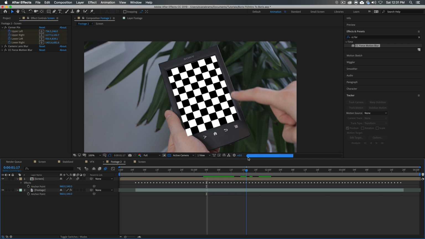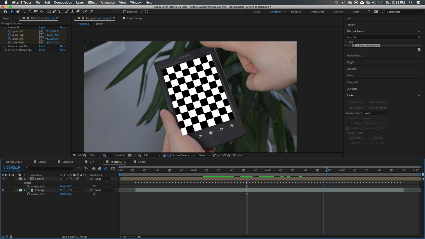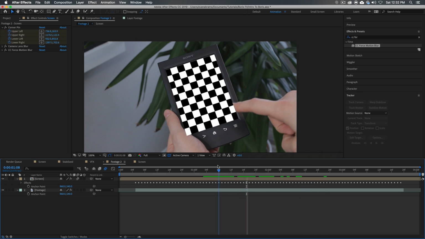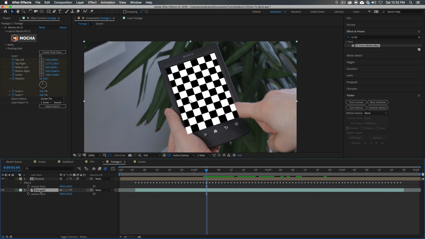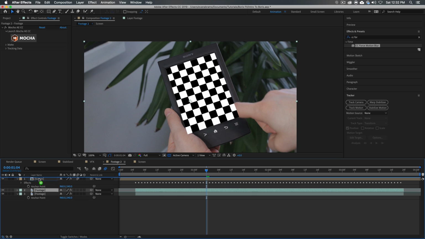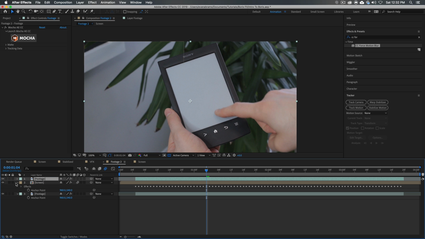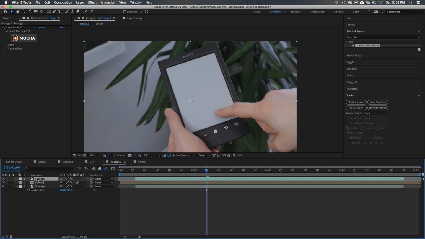of corner pin. So let's move on and do the other thing that Mocha does very well, and that is rotoscoping. I need to roto this finger out of there because it does not belong behind the checkerboard. It belongs on top of the checkerboard, obviously. So we're going to go into that footage. I'm going to duplicate it and bring this up to the top, because I'm going to basically cut the finger out